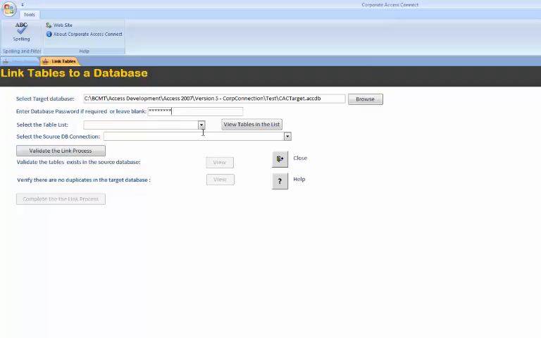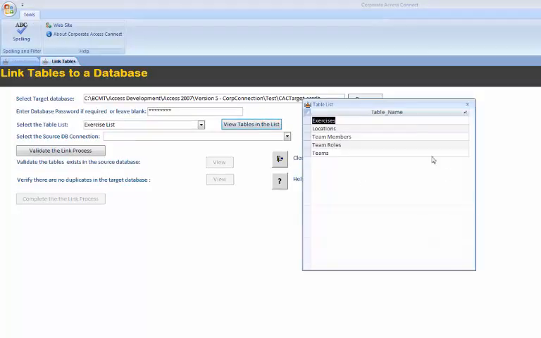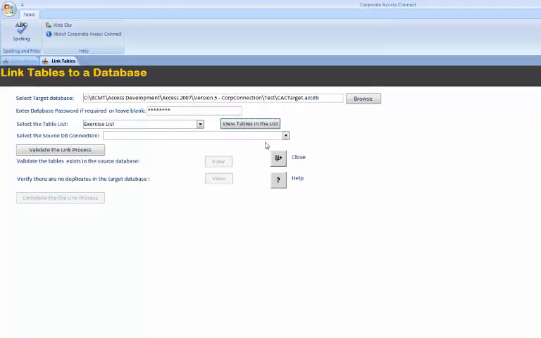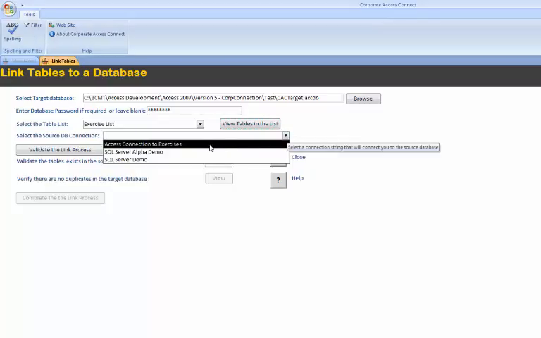And next, we need to select one of the table lists that contain the table names we shall be setting up in our target database. In this case, I'm using the exercise list. If we click on the View Tables, you can also see the list of tables in that list. The next step is to choose the connection string we set up earlier that points to the source access database